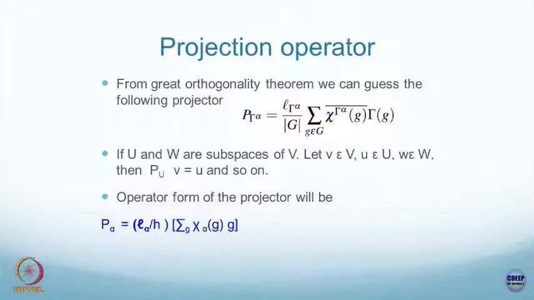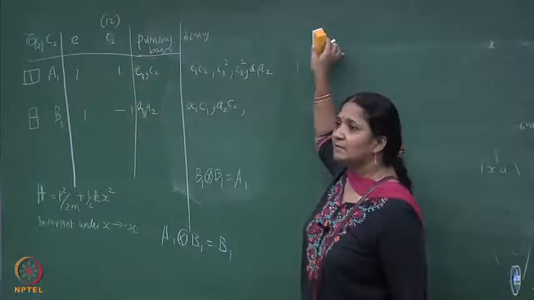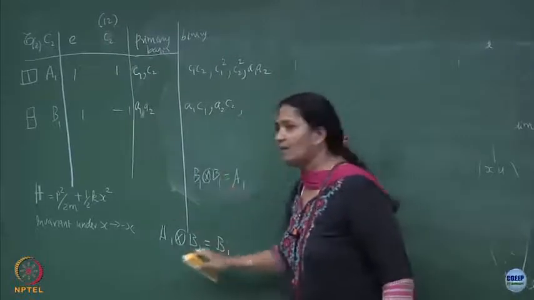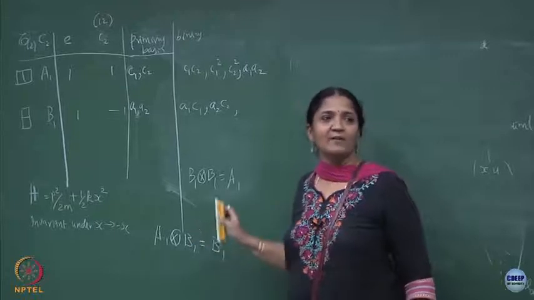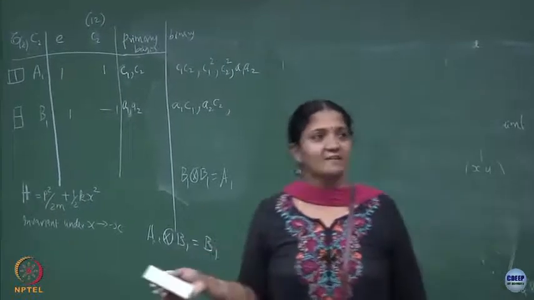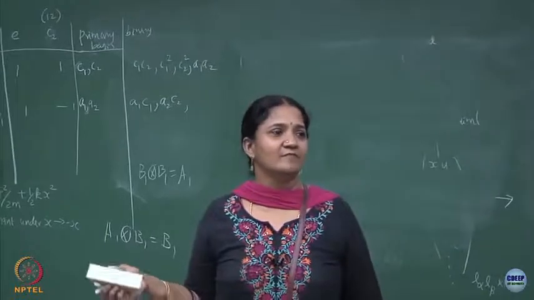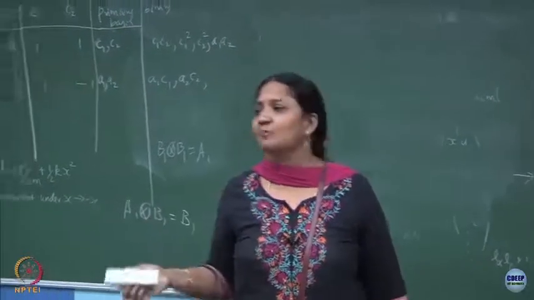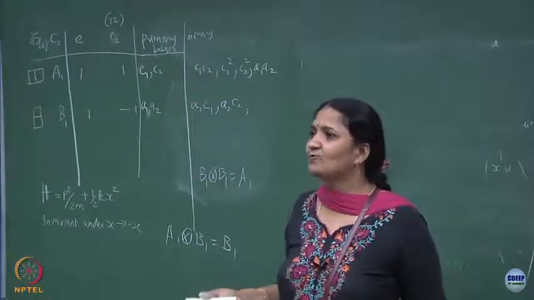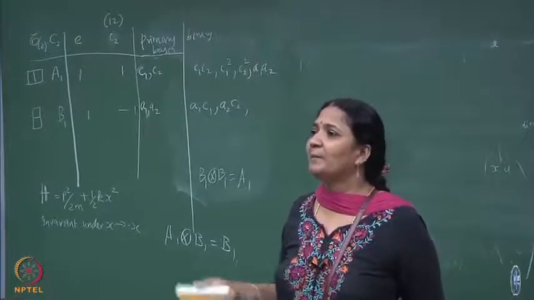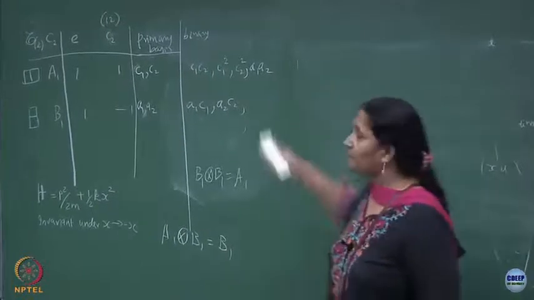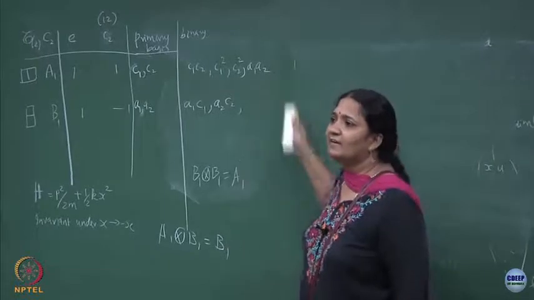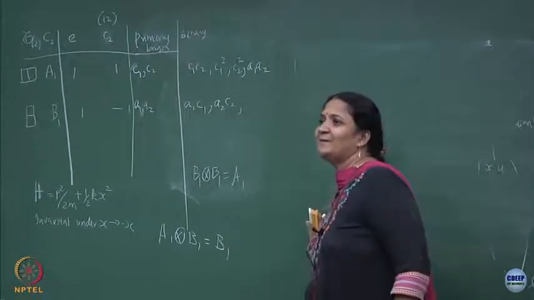This can continue. You can find a tertiary basis by taking A1, B1, A1 and so on. So that is the way you get your tensors, which are 3 indexed objects. Moment of inertia has 2 indexed objects, quadrupole moment has 2 indexed objects. So if you want to get a 2 indexed object, it has to belong to a binary basis. If you want to get a 3 indexed object, it has to belong to a tertiary basis.